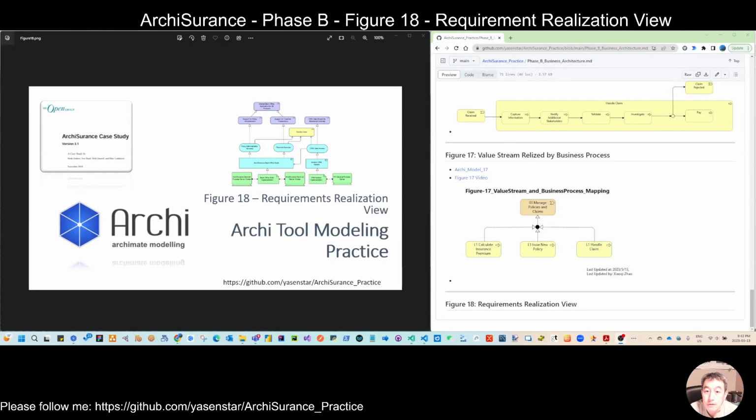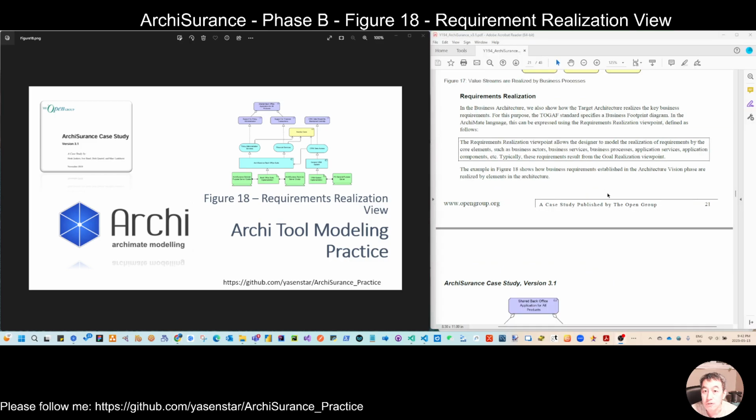Hello everyone. Last video we finished this figure 17 to have the realization relation between business process to value stream. Today we move to another interesting figure. The view is for requirements realization. So this view looks like it's colorful and also is quite interesting because this one view is talking